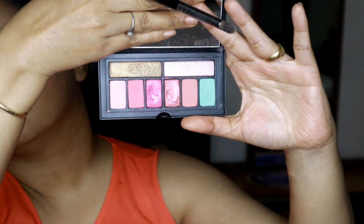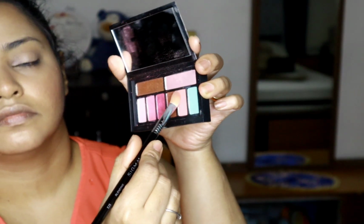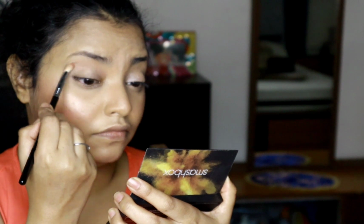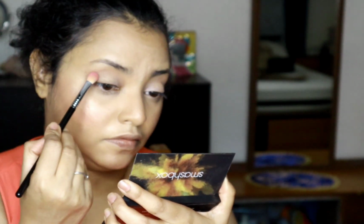So next comes our eye makeup, and for eye makeup, I've picked up this Smashbox Pinks and Palms eyeshadow palette, which was a limited edition, and the pinks that you see in the palette are really, really beautiful. And what I've done is that I've taken the lightest pink and I've just applied it with my finger all over my main eyelid area. And now I'm just going in with a light matte pink and defining my transition. And now I shall just deepen my crease with a slightly darker matte pink, and see how beautiful the pinks